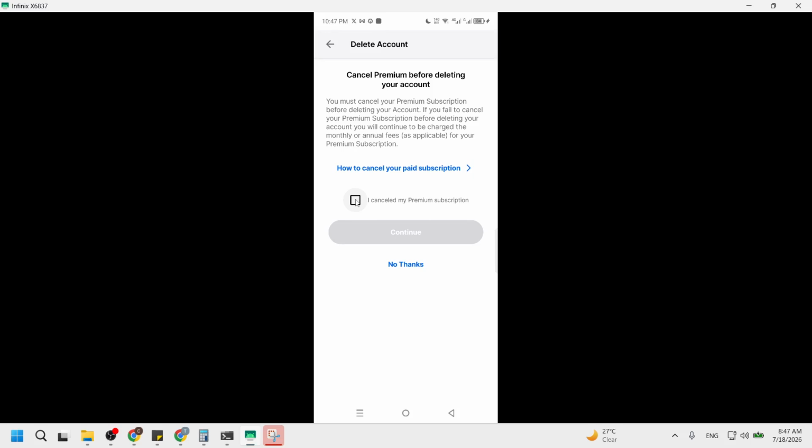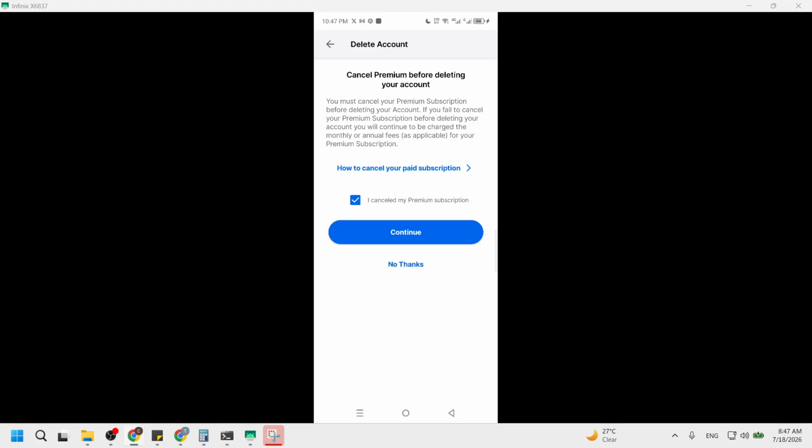Finally, tap the Final Delete Account button to confirm. This is the last step in the process. Once you tap this button, your account will be permanently deleted. You may see a confirmation message or screen indicating that your account is on its way to being removed. This provides reassurance that your action has been successfully processed. Remember, once you confirm this step, your data will be deleted permanently, and this action cannot be undone.